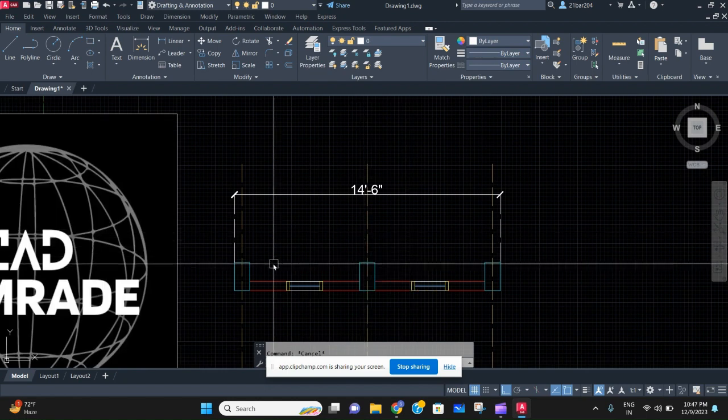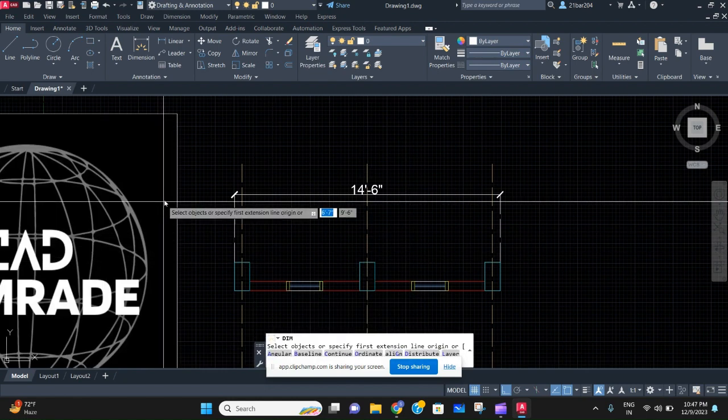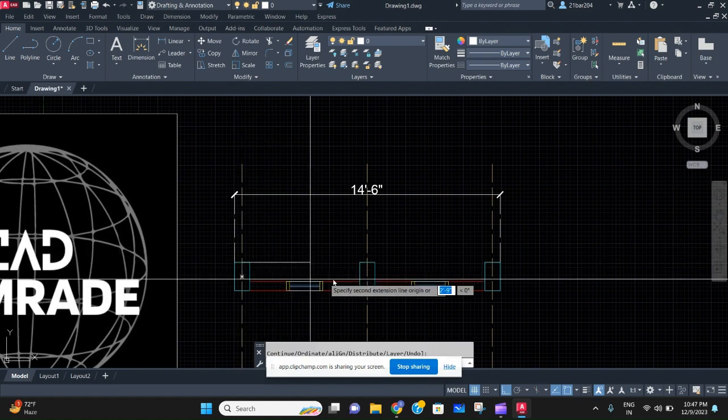So now we'll learn how to give dimension in working drawing. First, I had given this bigger dimension, then we'll give our center